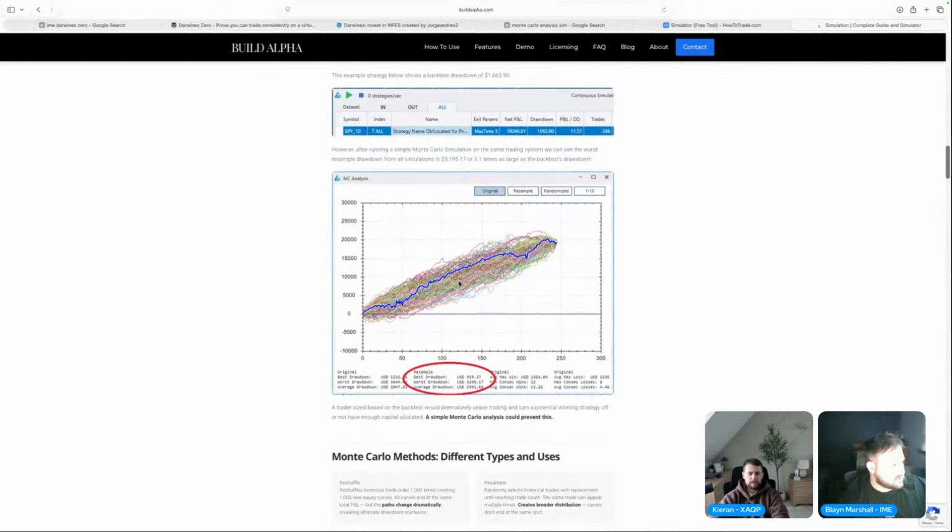Because again, you can see if this is what your back test, so hypothetically, this is your line. Okay, this is your back test result. Look at all the other randomness that you can see, and this is all just different sequences of your trades taken. So this is based on history repeating itself in the future, but let's jiggle up when the wins and losses come. We all end at the exact same end result, but what we see is how different the lines can be, and this is true.